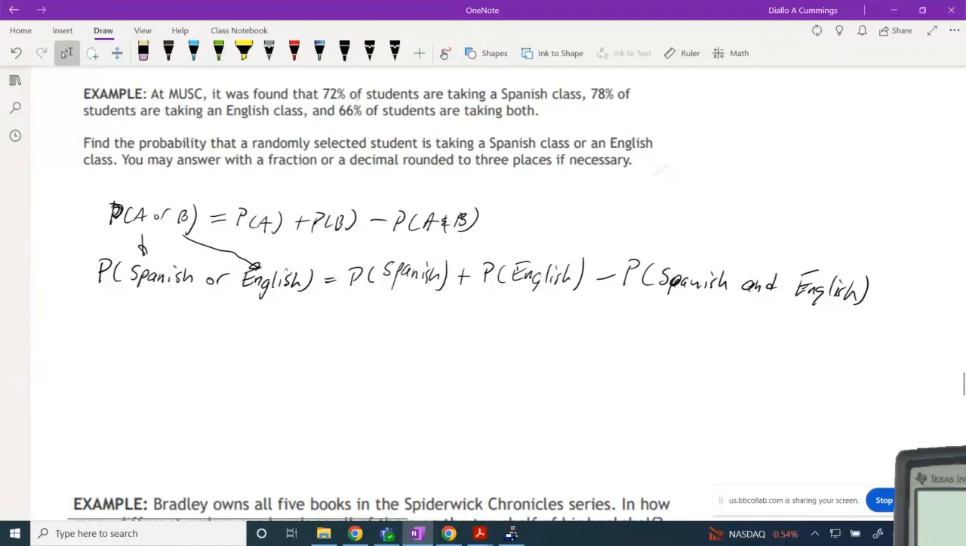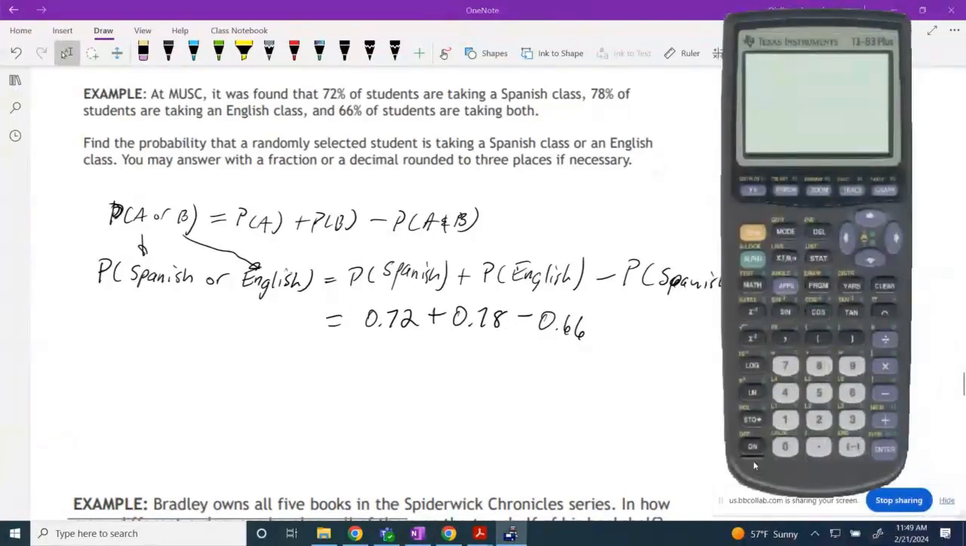%, right? So I have to convert that to a decimal. So that's 0.72 plus the probability or percentage of students taking English, which is what? 78%. So that's 0.78 minus the probability of students taking English and Spanish, which is 66%, which is 0.66. So if I simplify